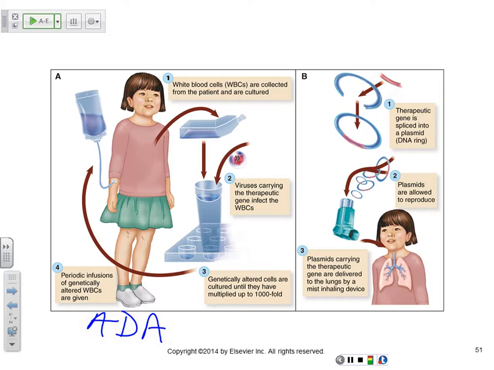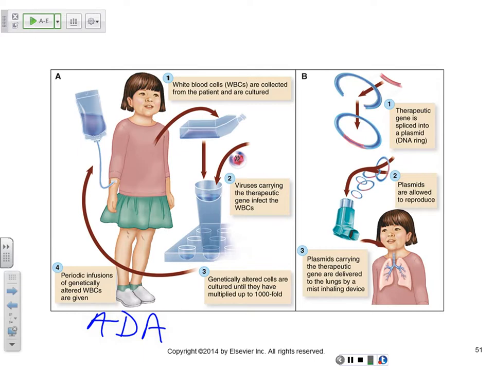And then they infected them with the virus in this first side of the picture on the left side. And then they cultured those white blood cells, and then they infused them back into those kids, and it worked, so that they would have the normal